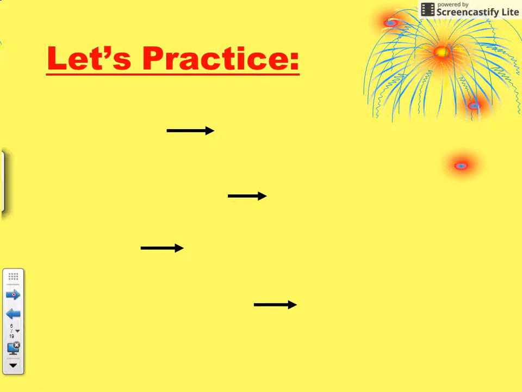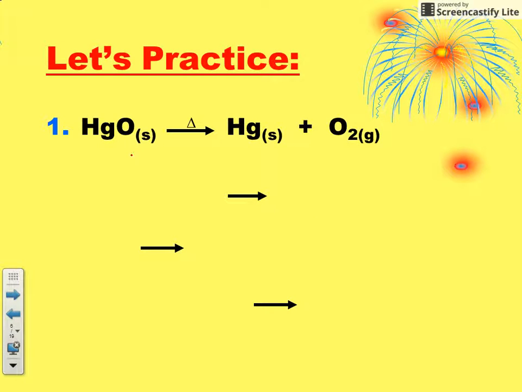So let's look at some equations to balance. The first one that we see here is representing the decomposition of mercury(II) oxide. Notice they're heating it here. There's one of our symbols, and we see our states of matter represented as well. There are 3 places you can put a coefficient. I'm just going to put a little dash there. I don't see anything complicated looking about this one, so I'm just going to start here and go back and forth till I get it all balanced. I see right now I have